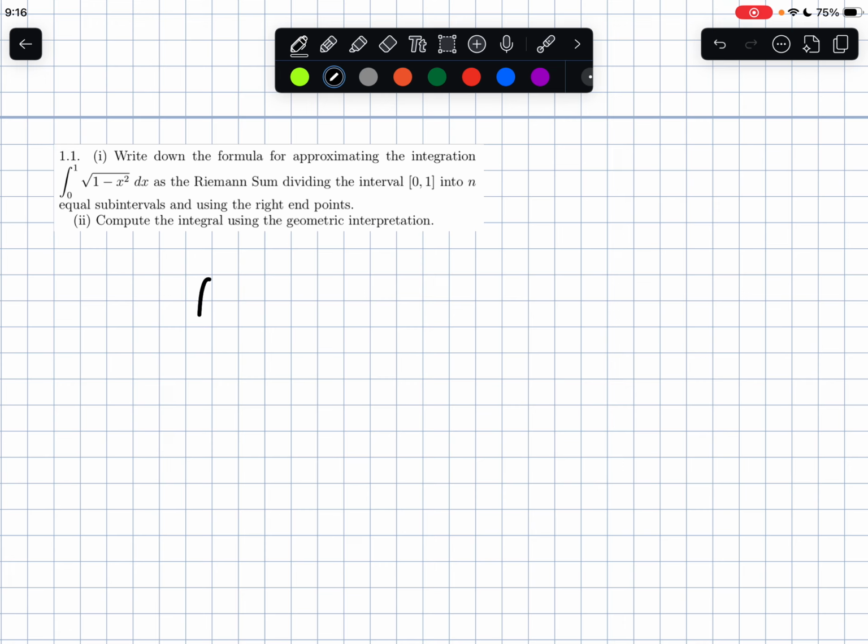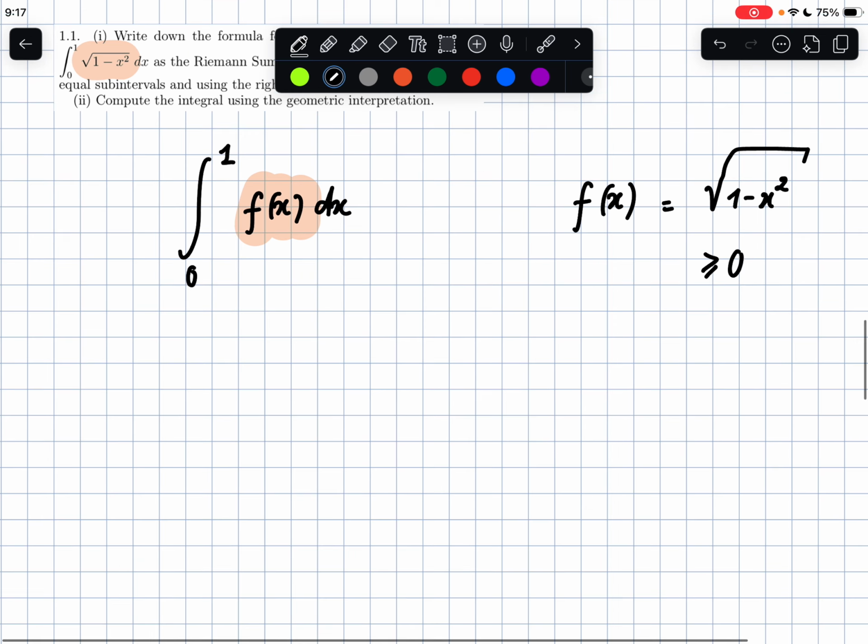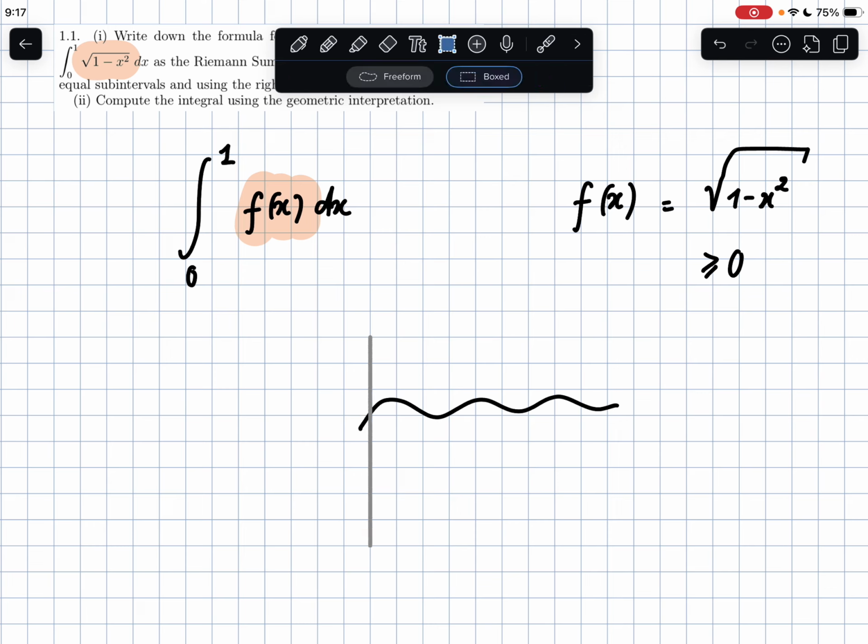So for an integral, say from 0 to 1 of something, let's say f of x dx, this is the area under this curve. In this case, we have f of x is square root of 1 minus x squared, and the square root of that is always greater than or equal to 0. So you imagine that in general, f of x is something like this, and then the integral from 0 to 1, say 0 here and 1 here,